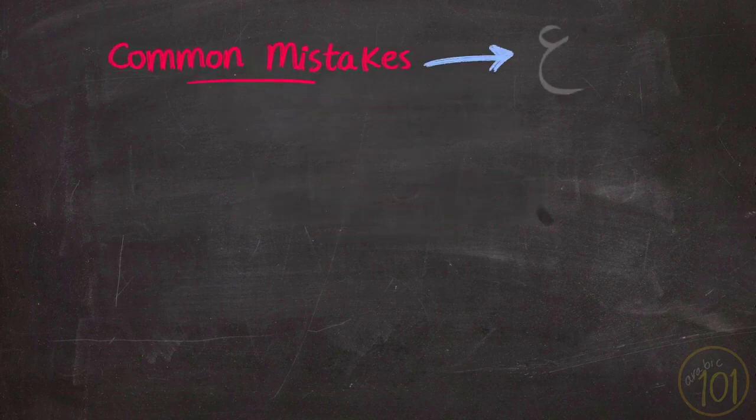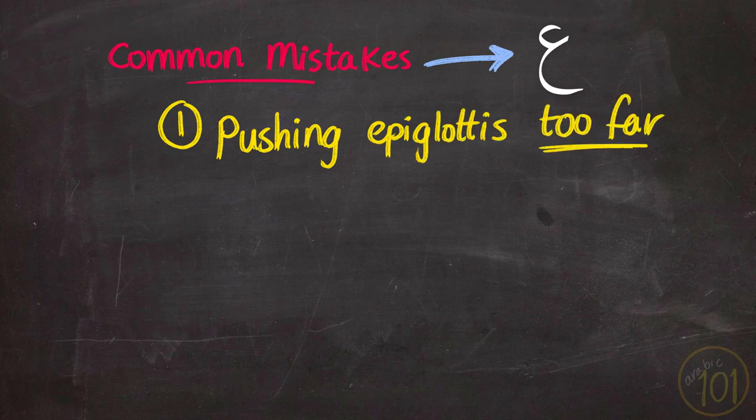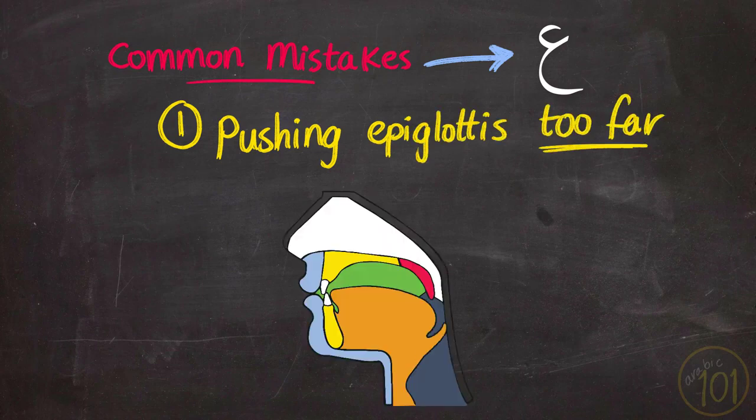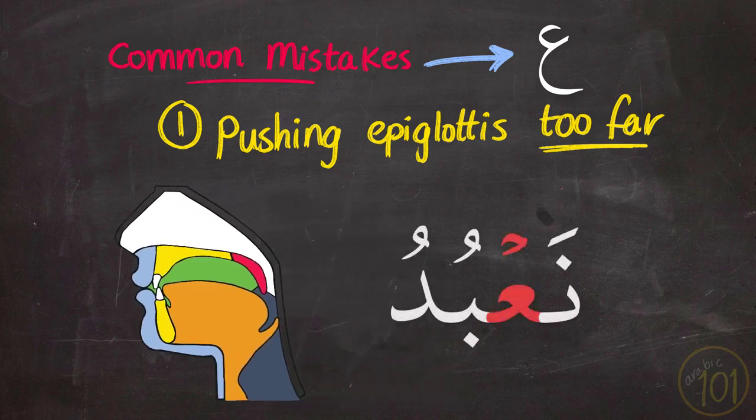As for the ayn, the first mistake is pushing your epiglottis too far back, turning the ayn into a hard, cut letter with no continuation whatsoever. The result is that the ayn, especially when used in the middle of the sentence, would essentially split the word into two, and that is not a good technique, of course. Like na'budu,